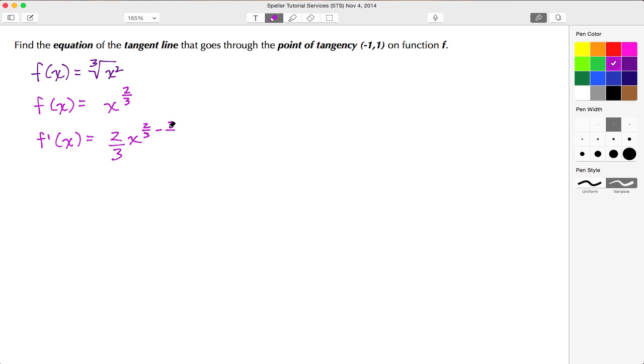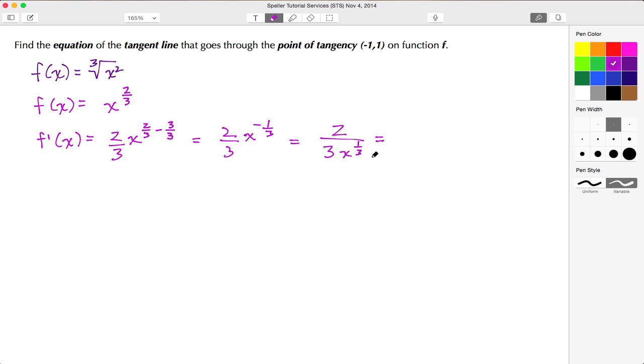Well, to do the subtraction, I need to find a fraction with a common denominator. In this case, it would be 3/3. At this point, when I do my subtraction, I end up with x being raised to the negative 1/3 power. I know that I normally don't want negative exponents, so what I need to do is to move this x from the numerator to the denominator, where that exponent is now going to become positive. So my numerator stays at 2. My denominator is now 3 times x raised to the positive 1/3 power.